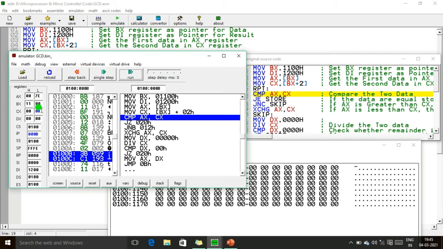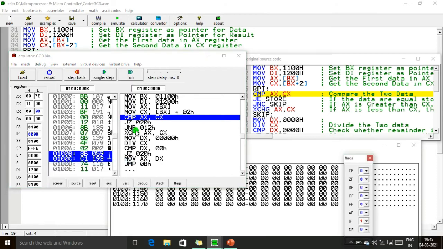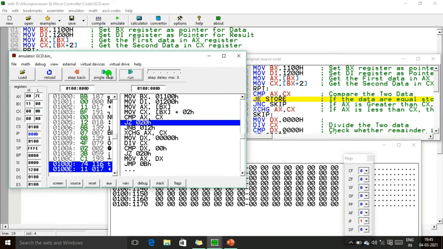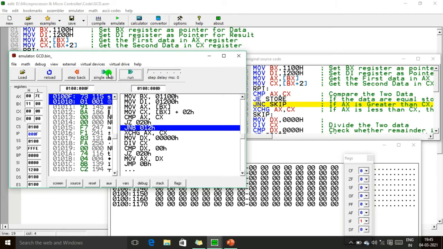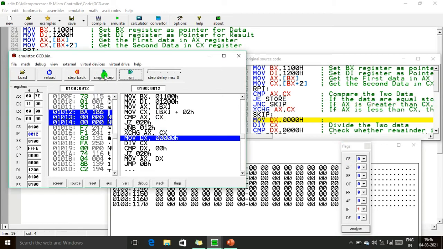What is going to happen? Before that, I am going to show the flag. Okay, the comparison operation we are going to execute. In this comparison, I am going to check whether both are equal or not. Okay, it is not equal. If equal, the CF value becomes 1. It is not equal, so again we are going to check which one is the greatest value, AX or CX. Here, which one is the greatest? AX is the greatest. That's why the CF, that means the carry flag, value becomes 0. Okay, so no exchange operation is needed.